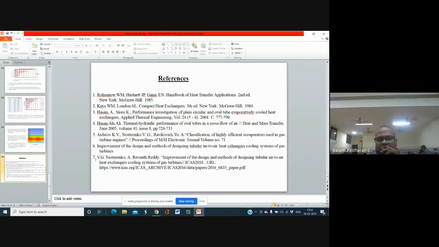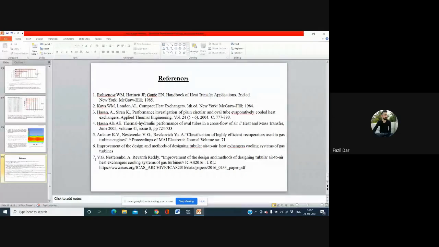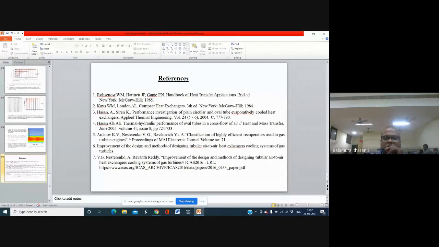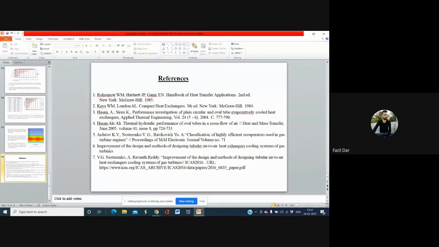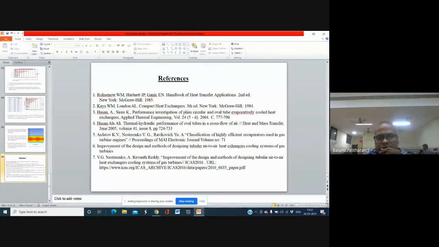Okay, the sixth reference. Where is the author name? Author name is not there. Why? The sixth one, sir, is a chapter from a book, sir. Okay, for the sixth one only the title is there. Who is the author? Who is the volume? Who is the publisher? I think taking these references is not good. Is it correct? Even your references also are not good.